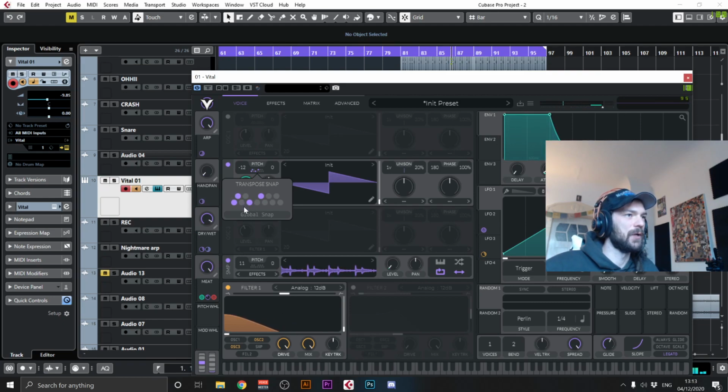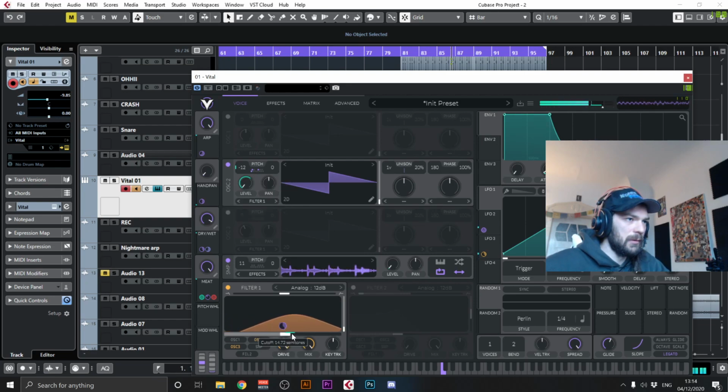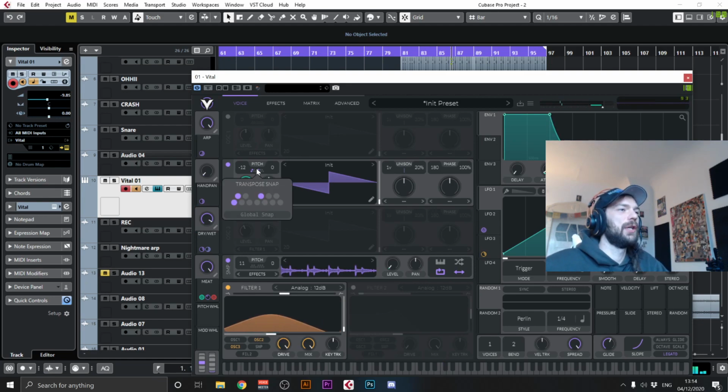First, let's set it as it was. Okay, so the cool thing obviously is that you can adjust this to the scale that you are working in.